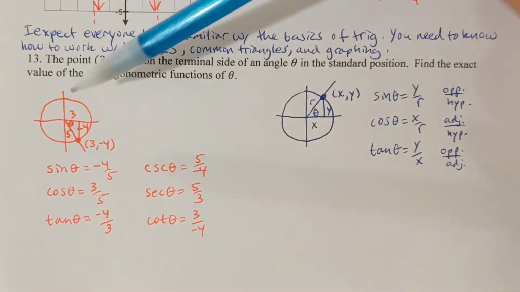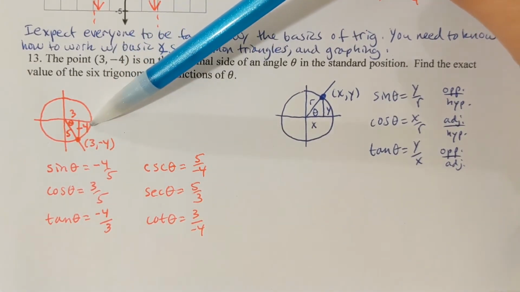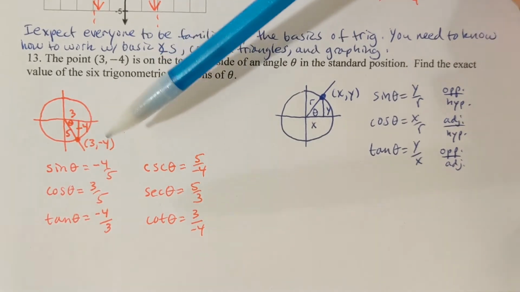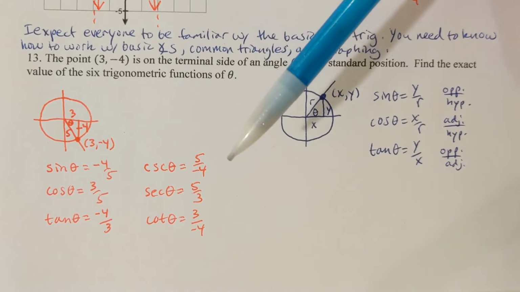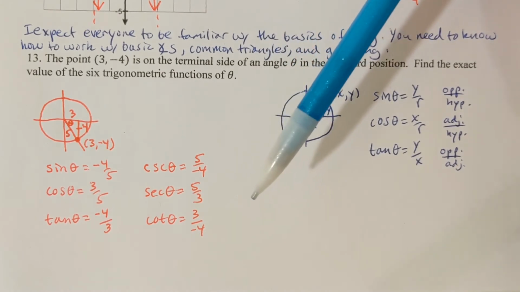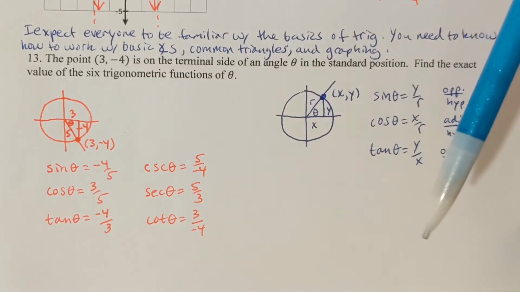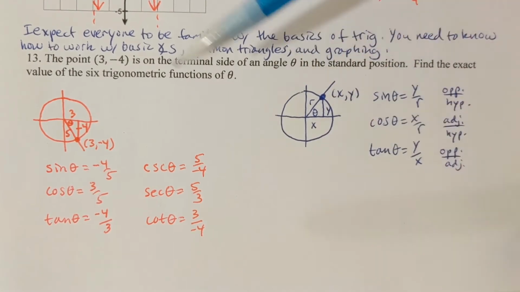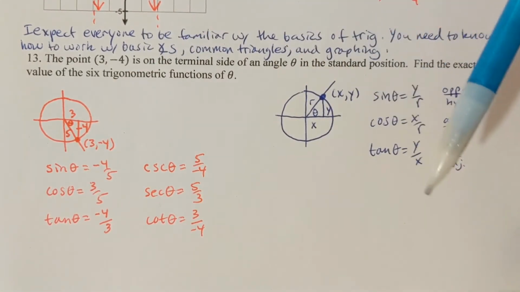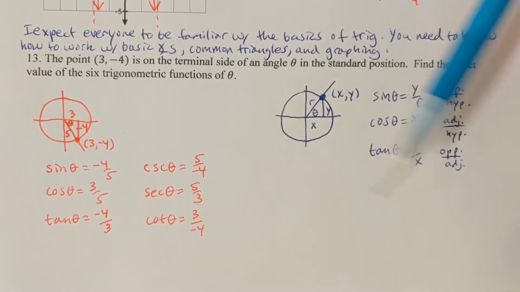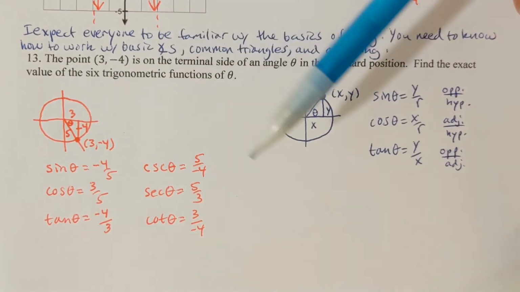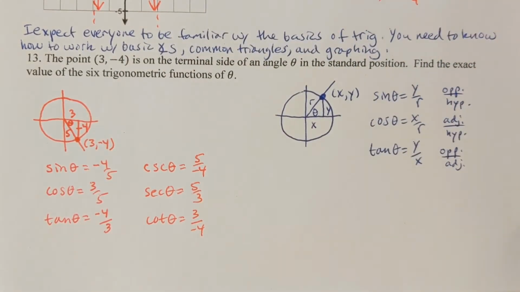Okay, so for this problem, 3 squared plus (-4) squared would be the same as 5 squared. You get 25 either way that you look at it there. So 5 would be the hypotenuse of that triangle. And of course, this is one of my common triangles. This is a 3, 4, 5 right triangle, probably the most common Pythagorean triple that you would ever work with,